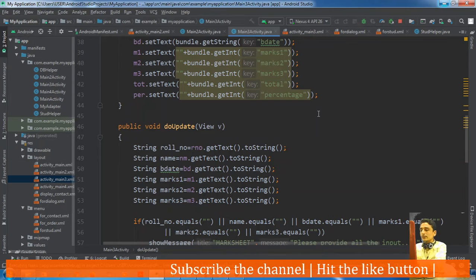Also it should be done that once that record is updated, means when client clicks on the submit button and the record is successfully updated, the activity should finish. This activity should finish, so the previous activity, means activity 2, can be relaunched.